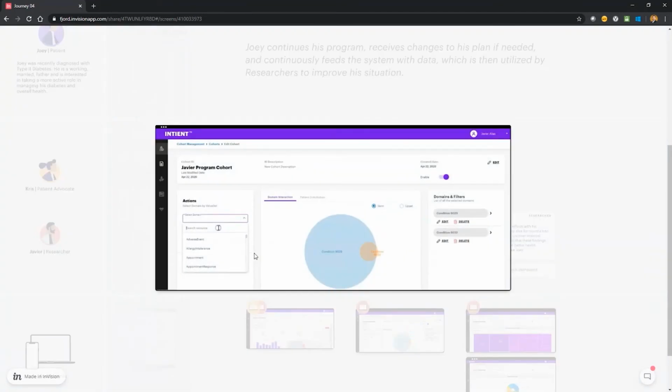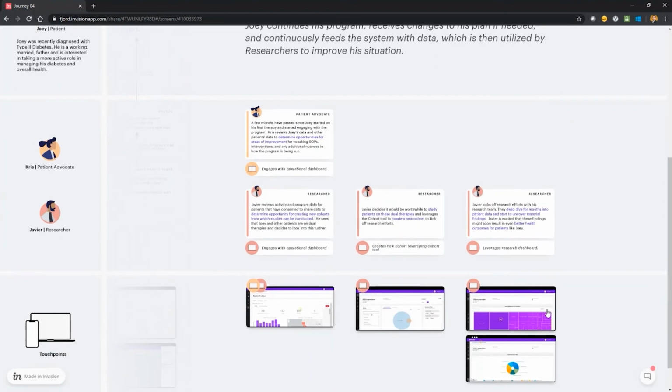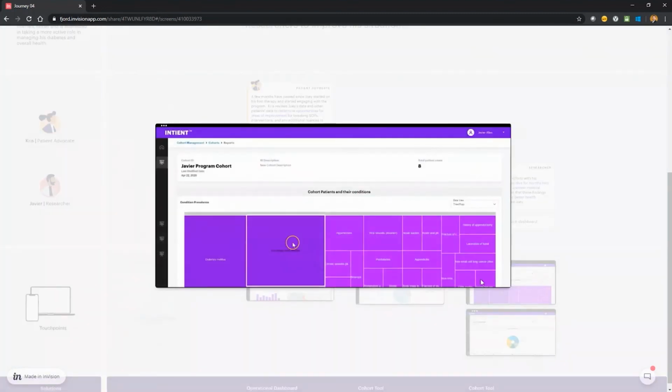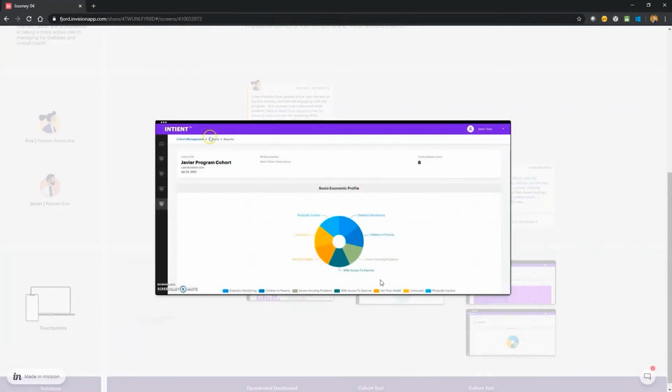Javier comes into the cohort tool to add certain attributes and look further into patients on dual therapies, and determines that there might indeed be something meaningful to look into here. And so he kicks off research efforts with his research team, and they deep dive for months into patient data, starting to uncover material findings, leveraging the INTIENT tools that they have available to them, and eventually coming to conclusions that should improve outcomes for patients like Joey, and eventually work that into the next generation therapy by the medication